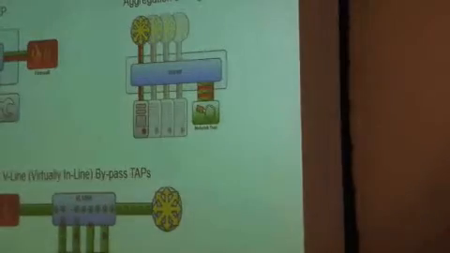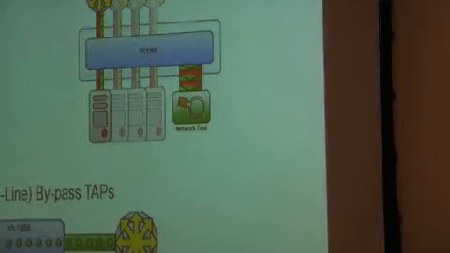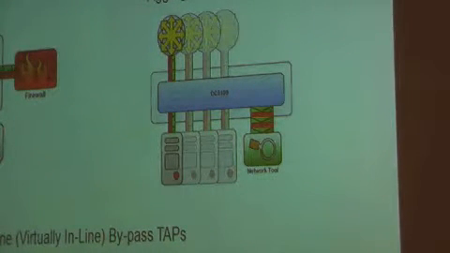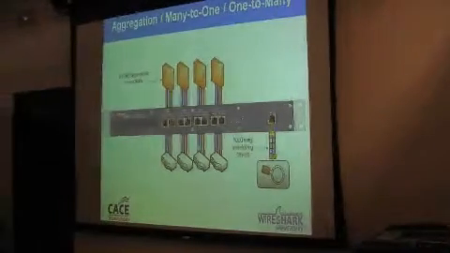And then you also have the ability of monitoring. What if you want to monitor two links and they're an active passive link? So you have traffic flowing actively on one, and then you've got a passive backup. What you can also do with aggregation is tap those links and aggregate the traffic to a single Wireshark product. So there's really a lot of different types of tapping technology in the marketplace, and this is just an example of